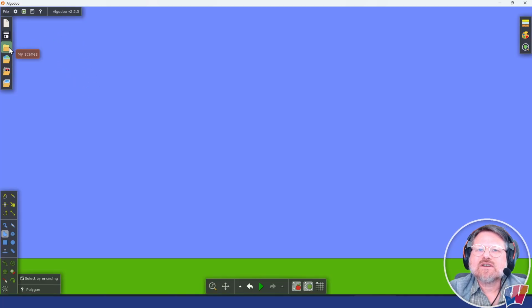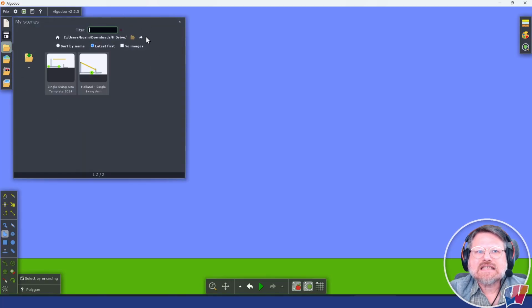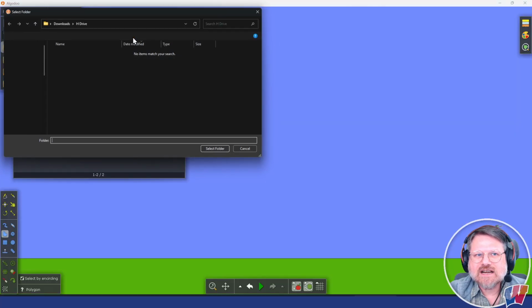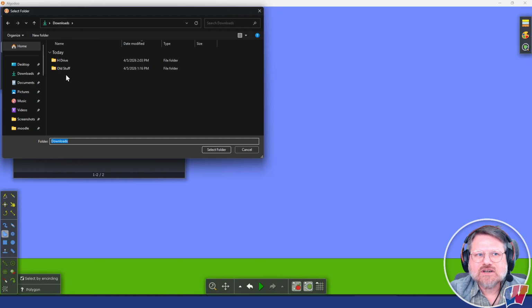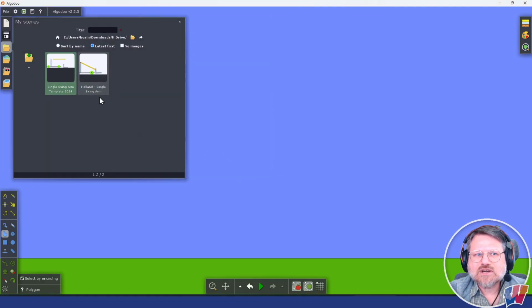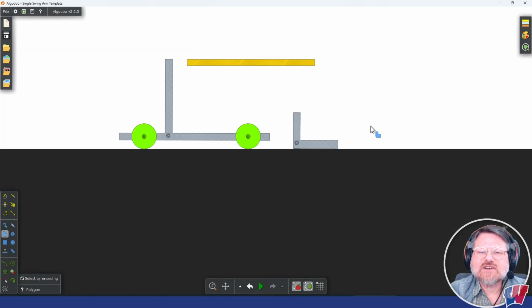Now, when you go to download or open something for the first time, you are going to need to change the folder that it's pointed to. So I'm going to click this little folder icon. Make sure that the folder where you've downloaded things is the folder that you're in, and then say select folder, and then it will show the things that you've downloaded. And notice I've already worked on this and saved a copy of it, so it's there. But I'm going to start with the completely blank or the unfinished template